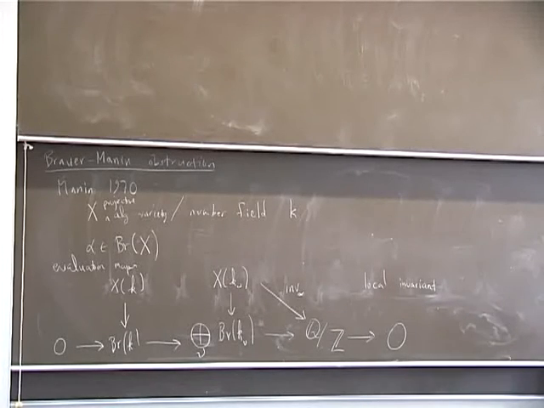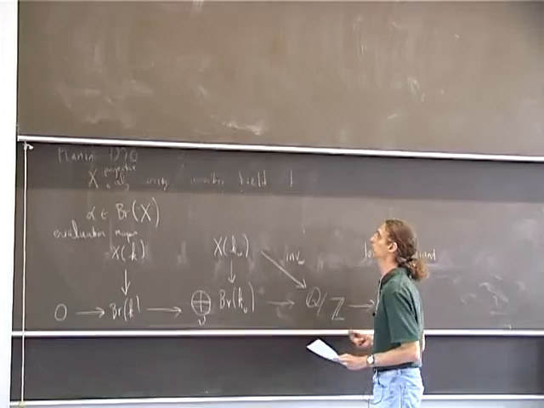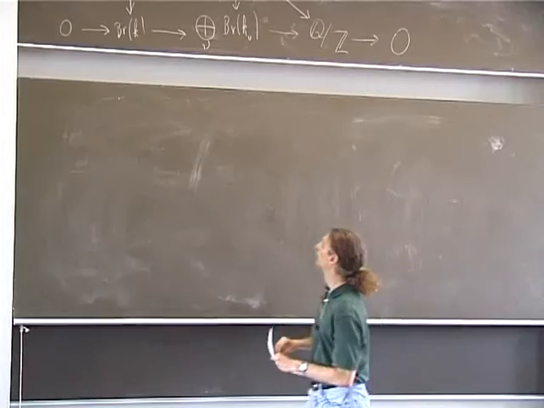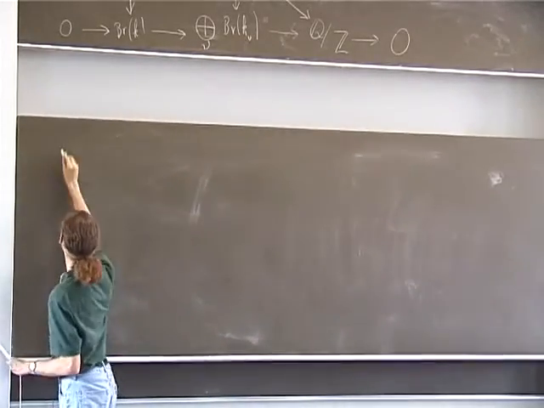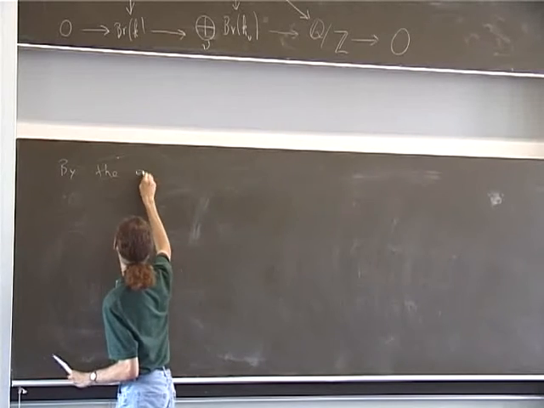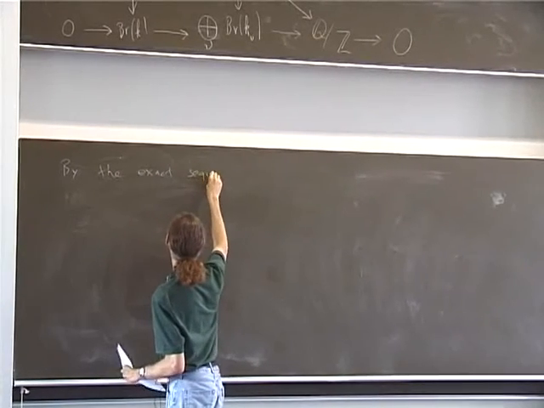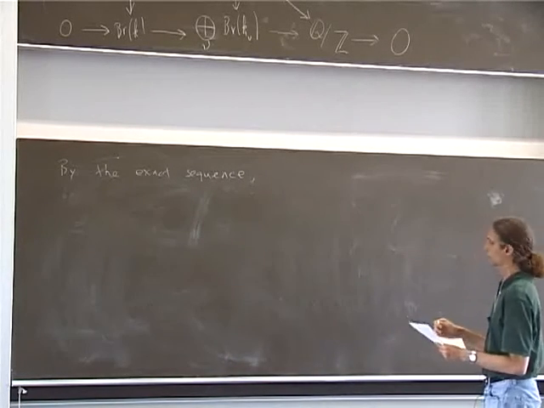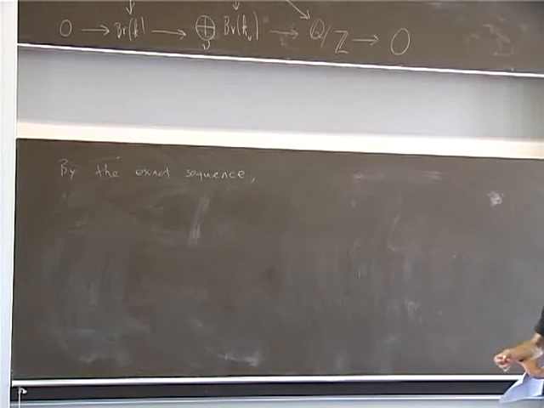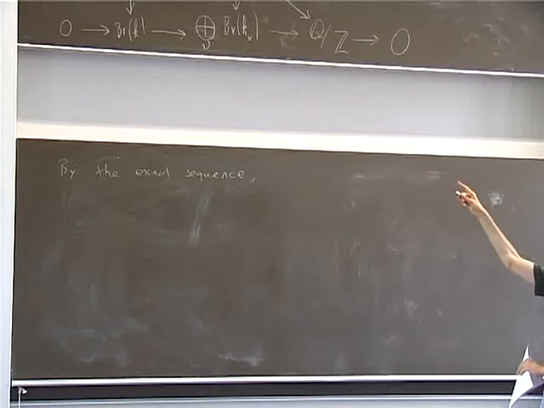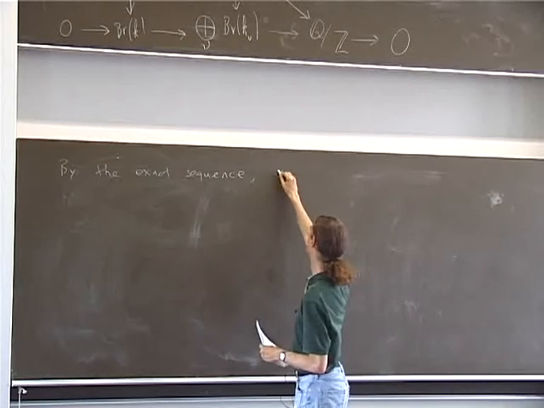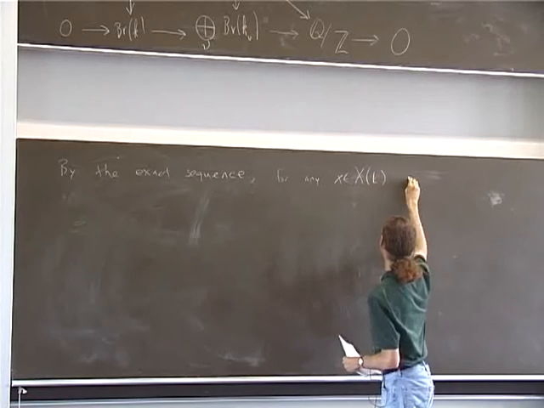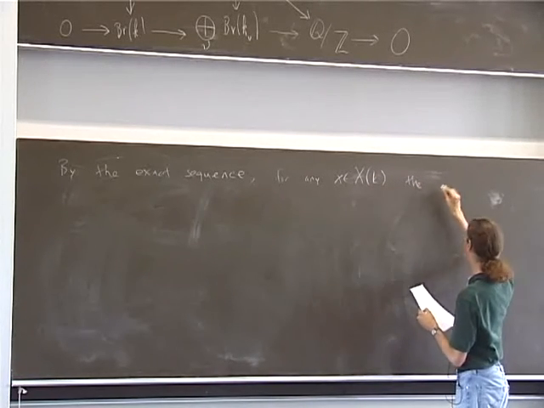So what this tells us by this exact sequence: if you take any rational point on X and you look at all the local invariants,